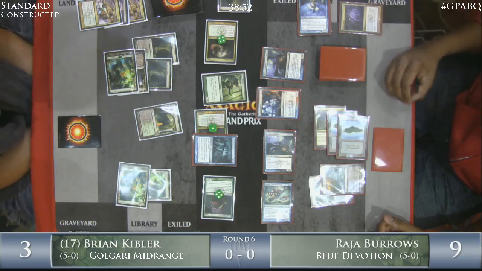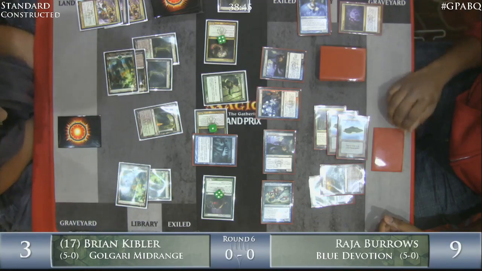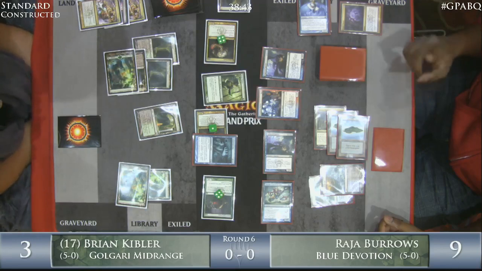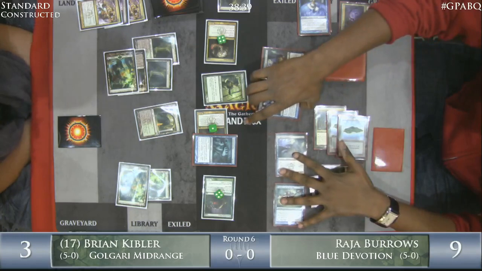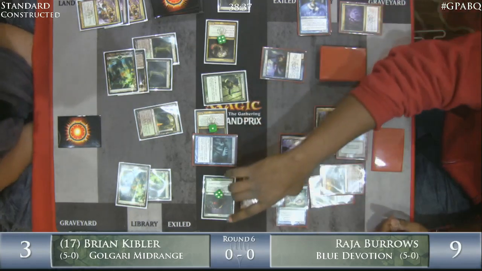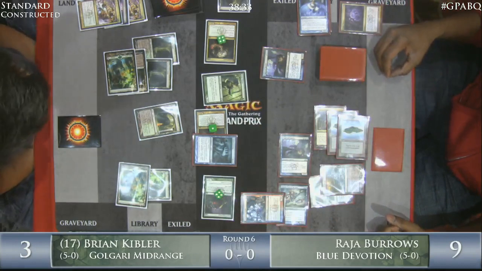He has Boon Satyr in the deck? They do play Boon Satyr. Yeah, so that's the other surprise damage, and he does have five mana. Oh, actually, so both creatures are potentially lethal because of Boon Satyr, if that's the last card in Brian's deck. In hand, but I don't think it is. Still, if you're Raja, you just...